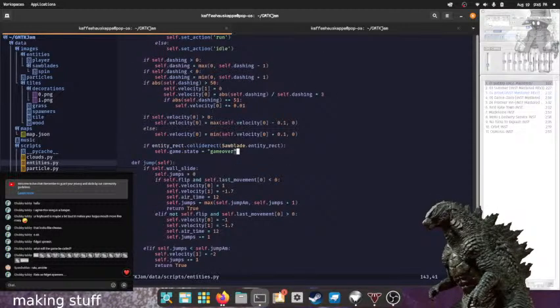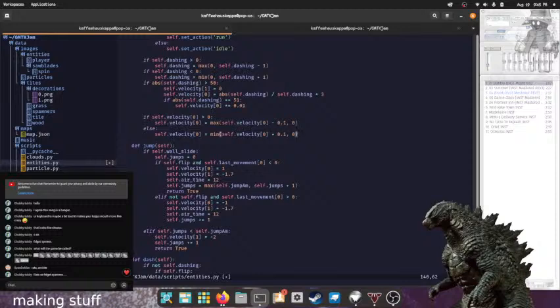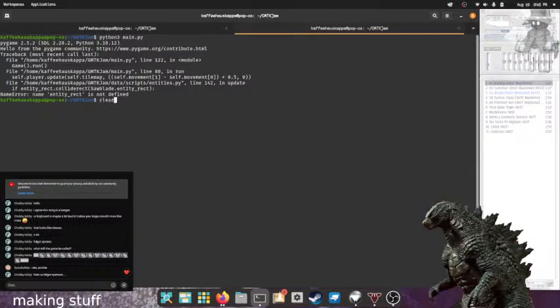In that case, what I'm going to do instead is remove this and just start by actually adding things to the level, like adding saw blades.